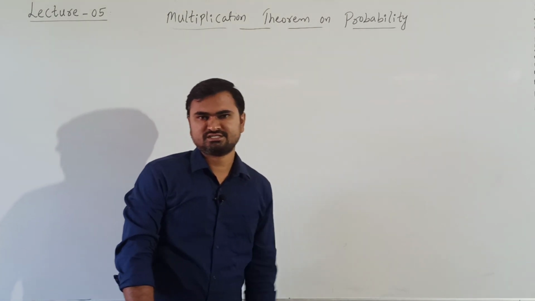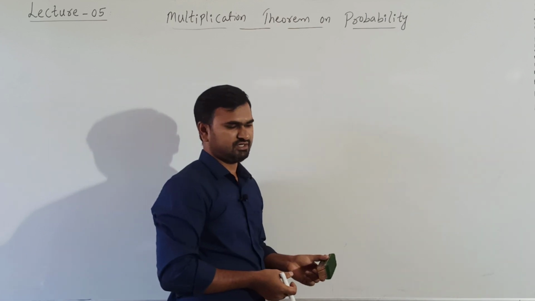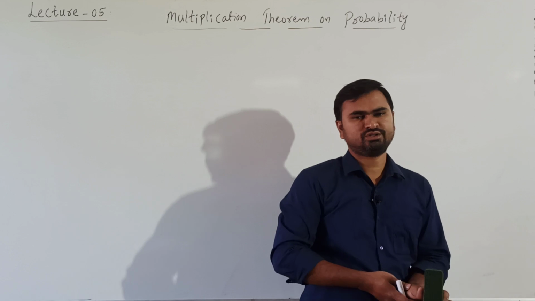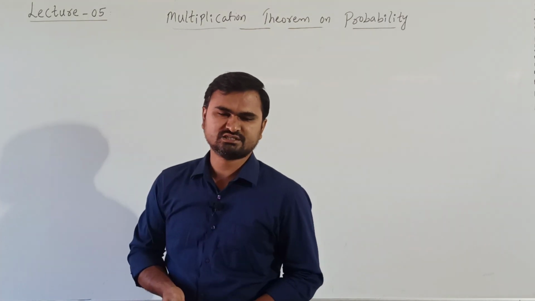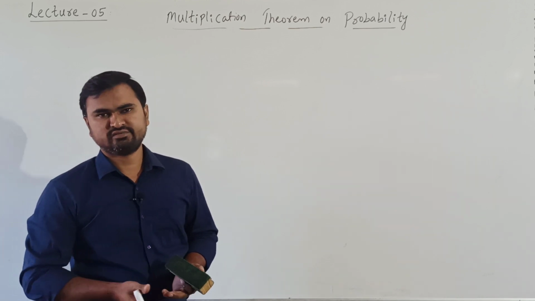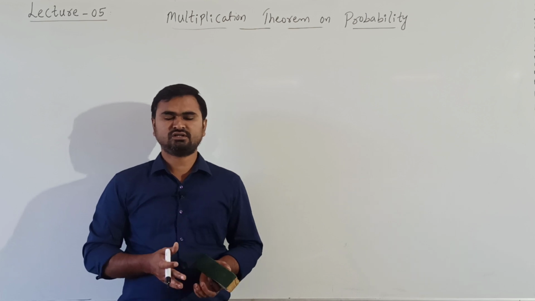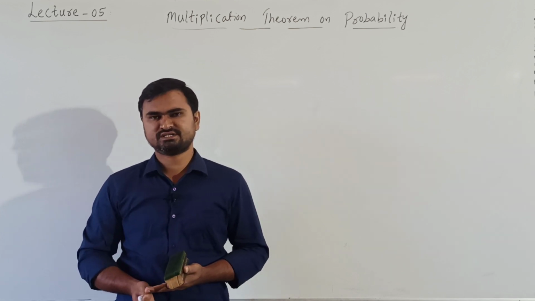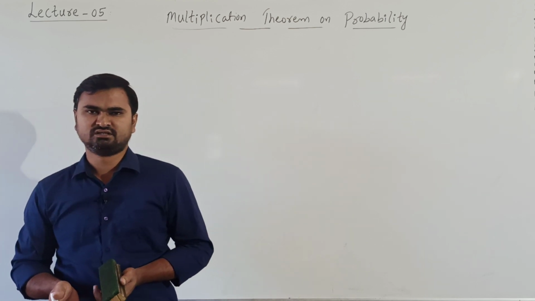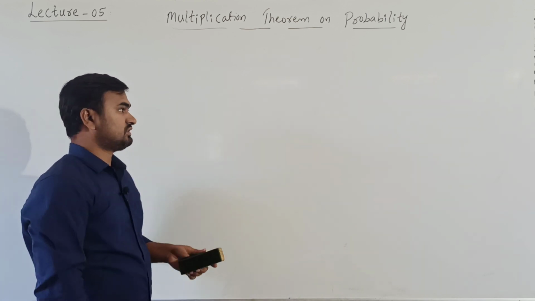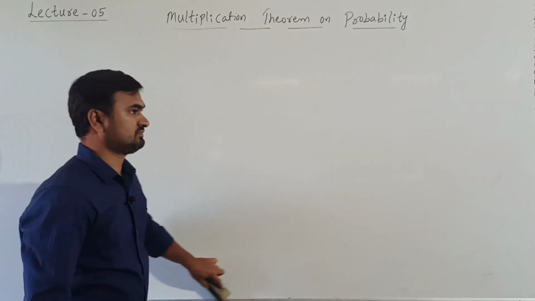Now the next question arises, what if we are having more than two events? If we have two events, we find the occurrence of both events A and B. Suppose there are three events, A, B, C. What is the occurrence of all the three events A, B and C? It is the probability of A intersection B intersection C. So how do we write that? Probability of occurrence of all the three events A, B and C.